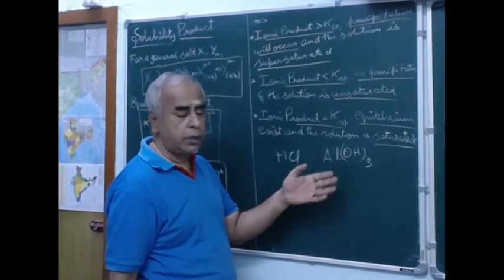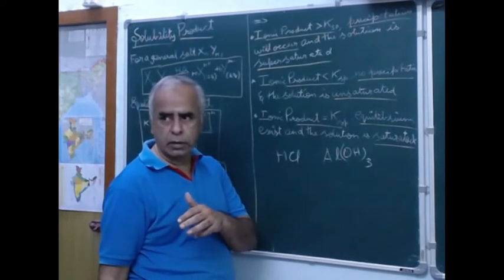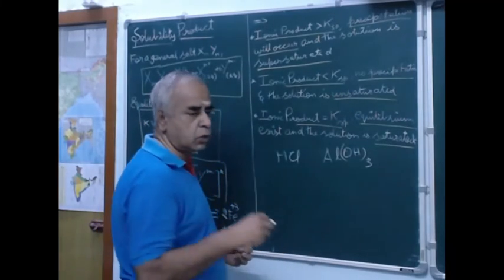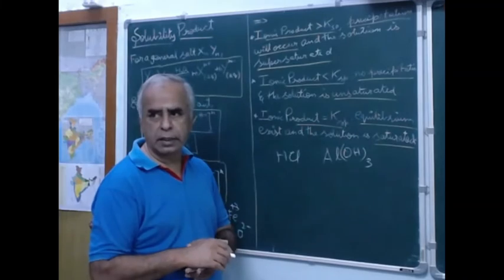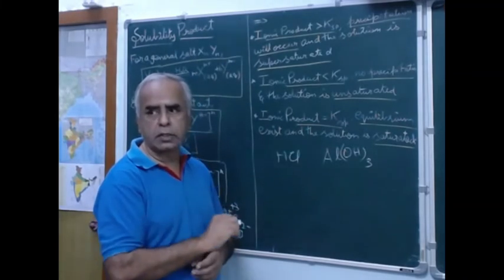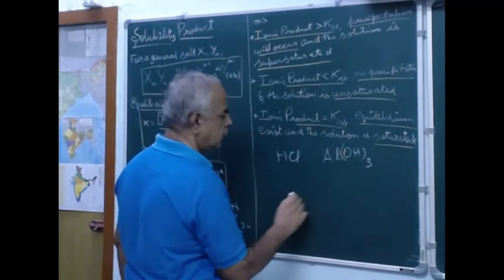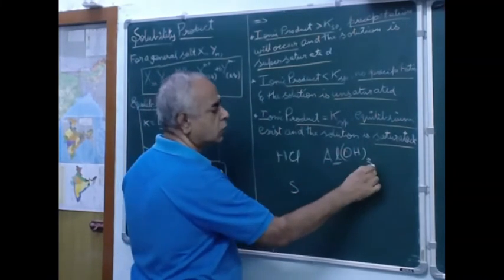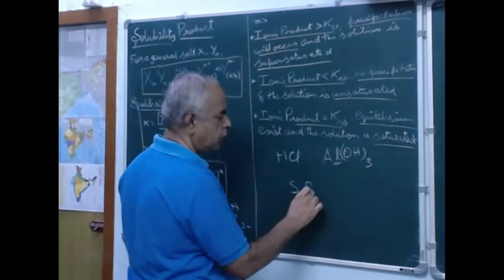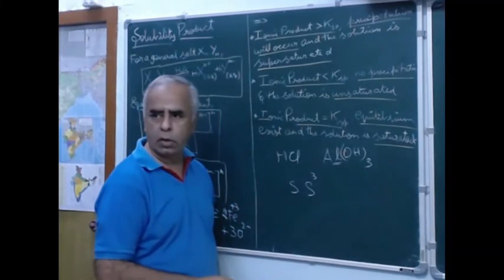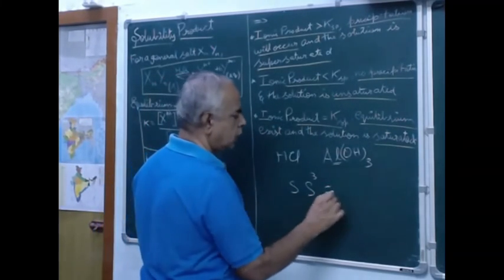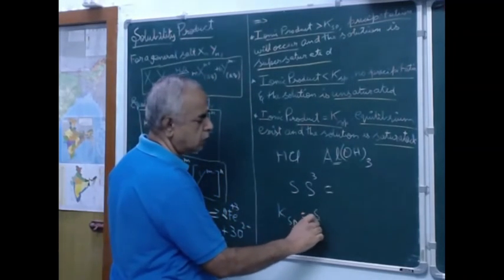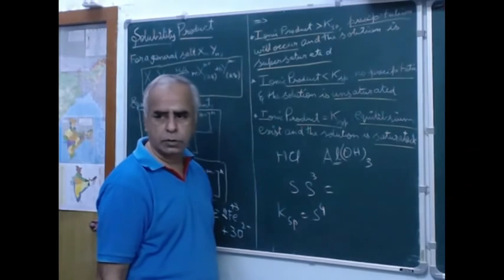You would have seen that it is a syrupy liquid, something like a precipitate, like a gel, is it not? So only a part of the quantity is ionized here. You should consider only that ionized, soluble part. In that case, the aluminum part is S, and the hydroxyl part is 3 times S, so you can put S cube. Are you able to understand? So what is the KSP of aluminum hydroxide? That is S power 4. Likewise we have to proceed.